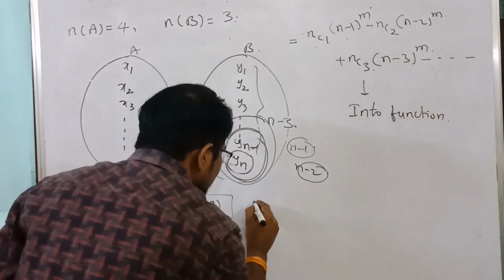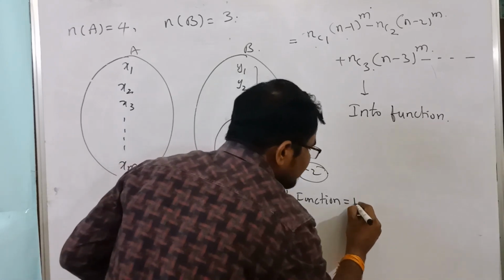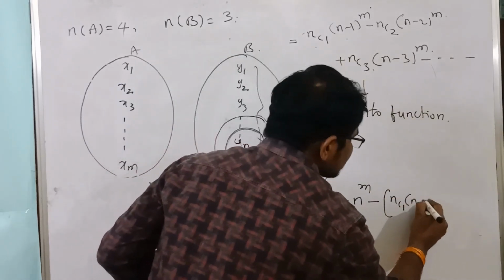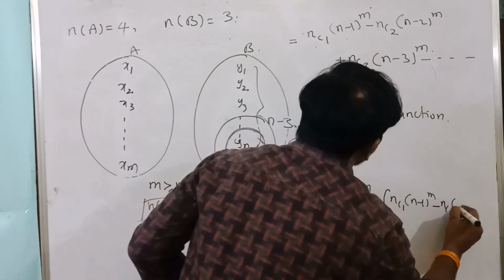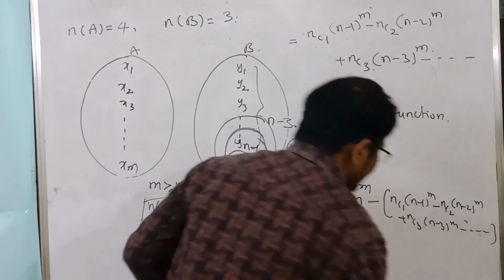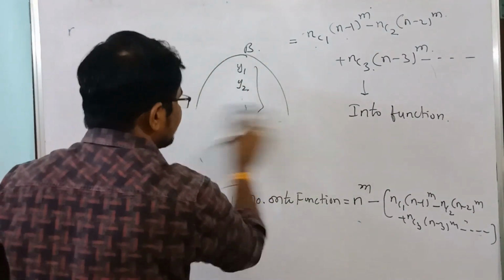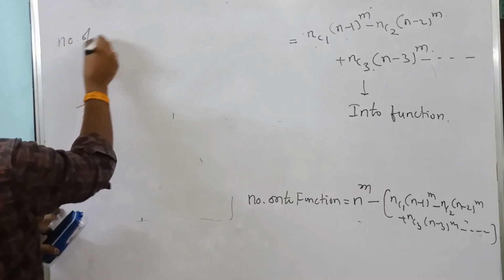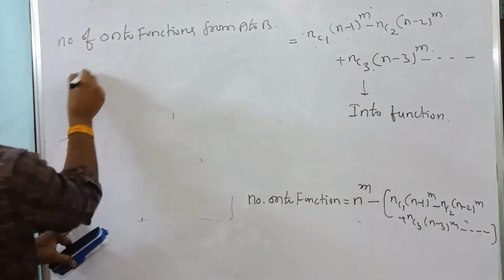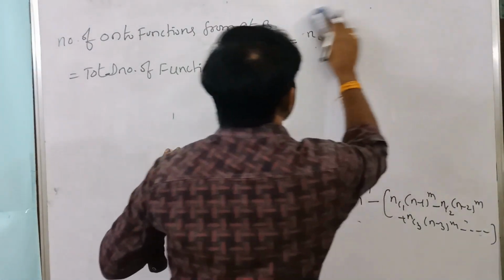Now finally, the number of onto functions equals the total number of functions N power M minus into functions, means minus NC1 N minus 1 whole power M, next minus NC2 N minus 2 whole power M, plus NC3 N minus 3 whole power M, minus, etc. So here I will write: finally, the number of onto functions from A to B equals total number of functions minus